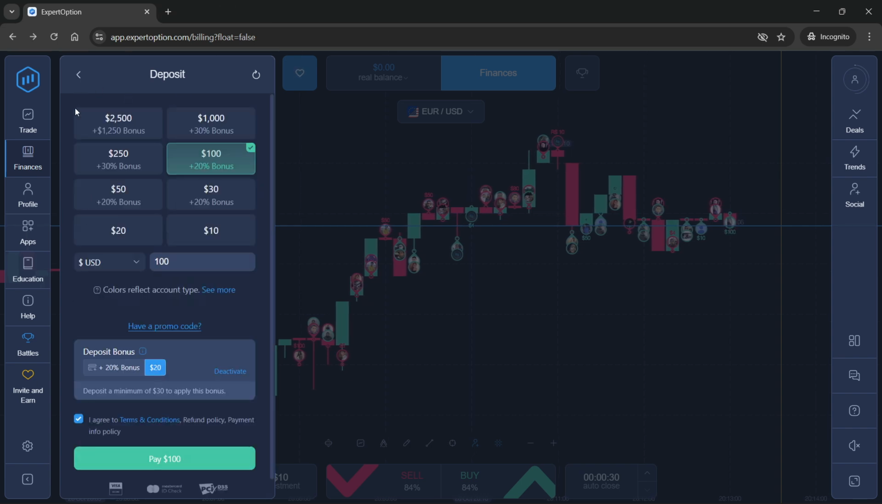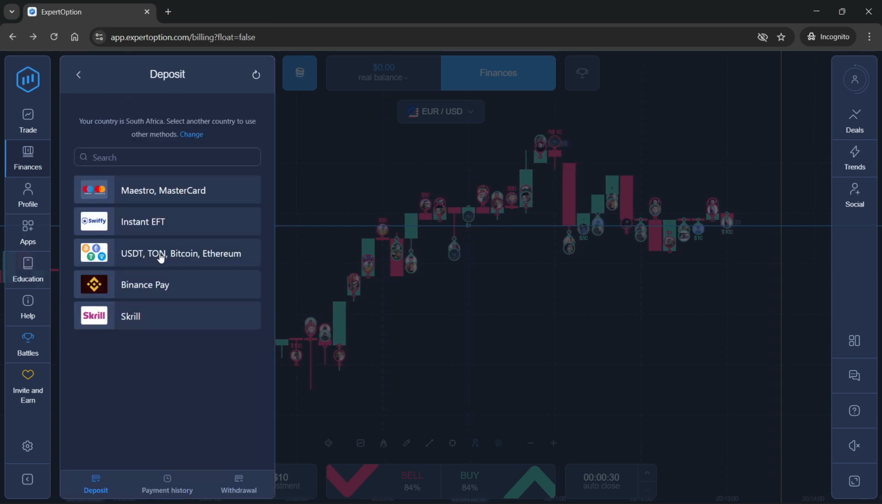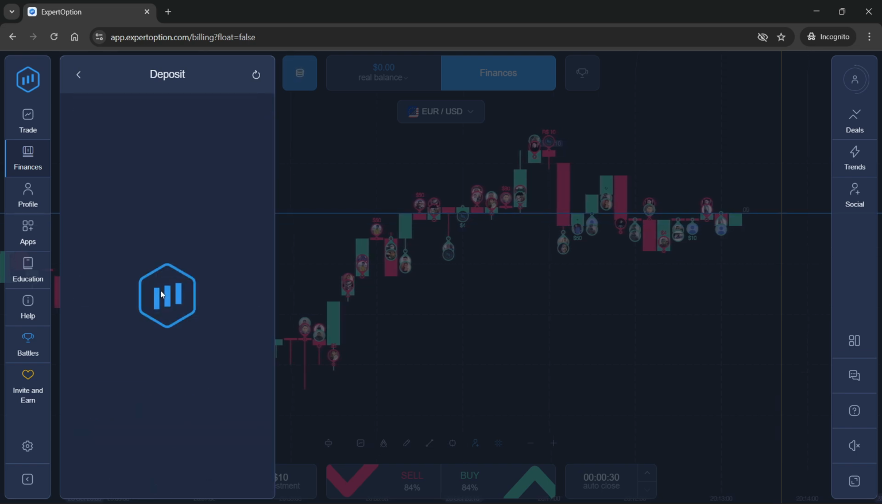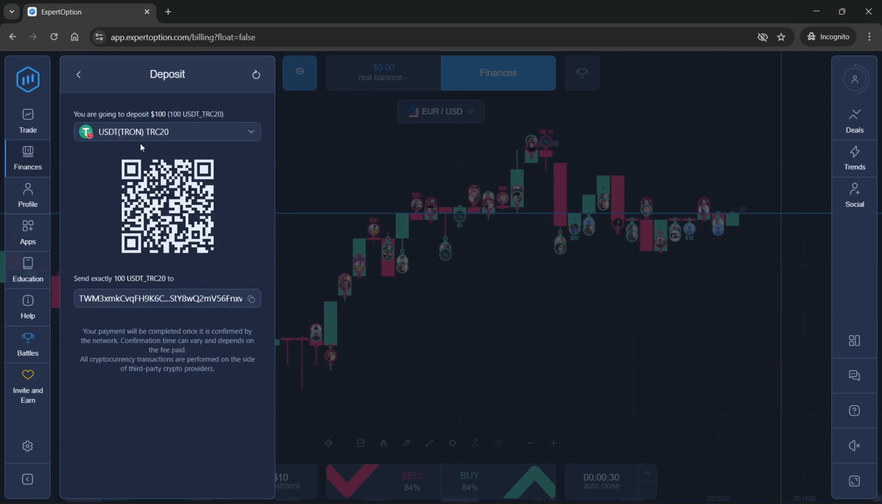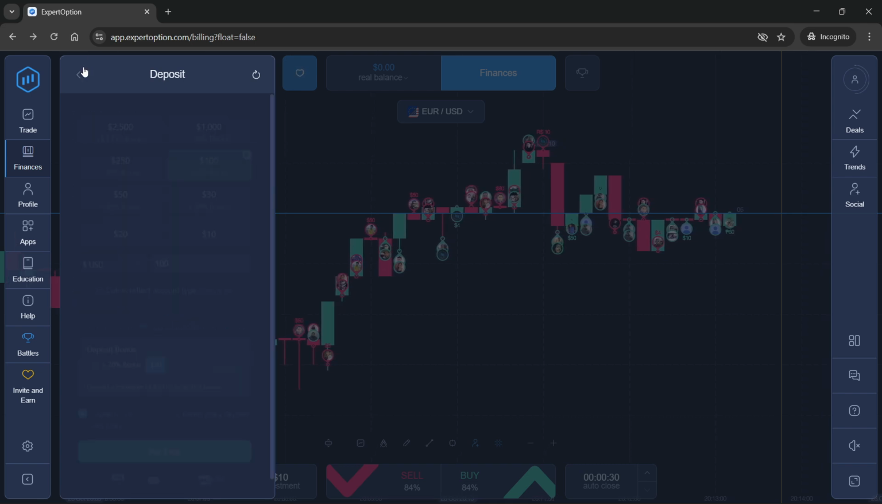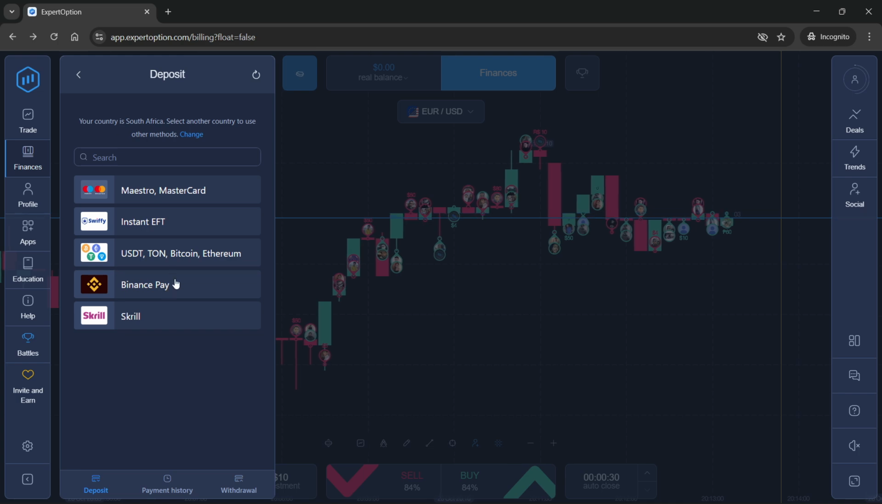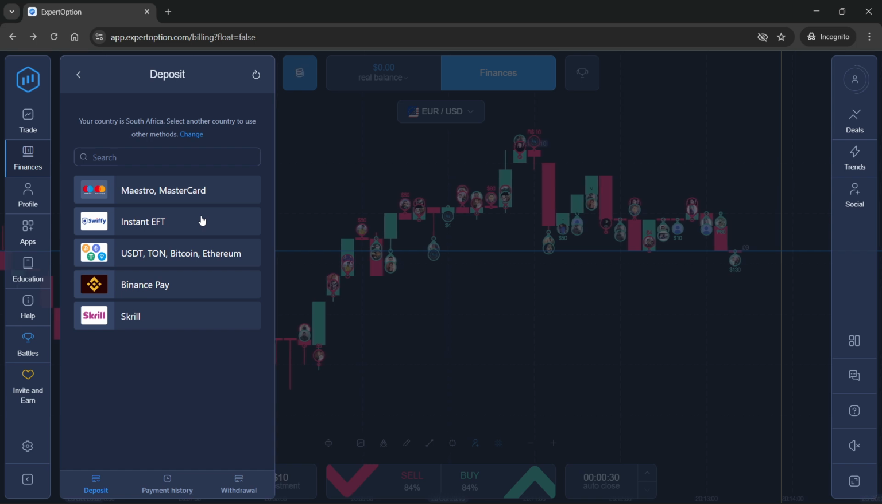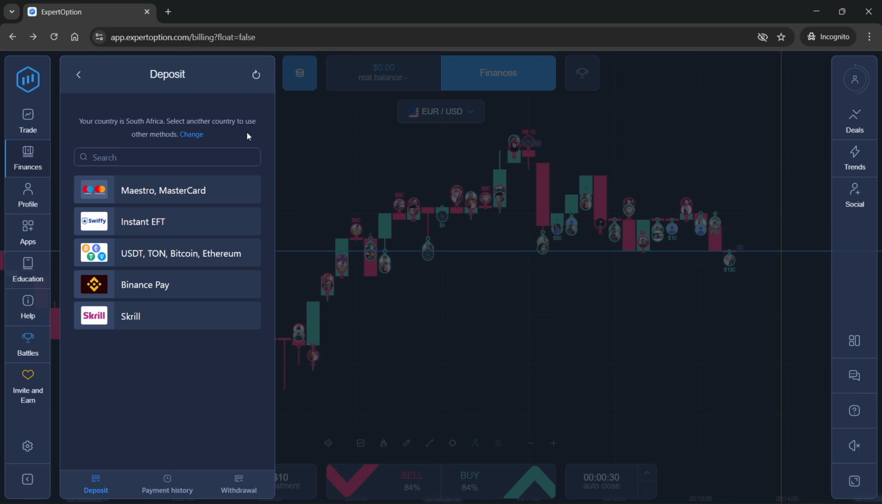Of course, if you chose any other method, it's going to vary a bit. So for example, if I select, let's say, crypto over here, and if I try to pay, then you'll be able to get your address over here, and you'll be able to send it over to your address. It's going to differ a bit whichever method you use, but all of them are pretty much self-explanatory. You'll be able to see what to do whenever you go to the next step. So that's how you deposit in Expert